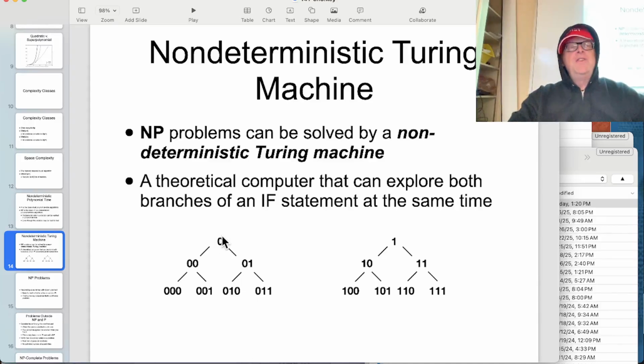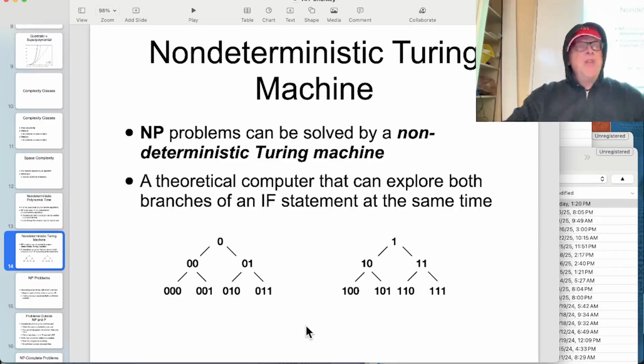A non-deterministic Turing machine can explore both branches at the same time. Now, no real hardware can do this. It would have to be like growing more processors. But that's the theory. And if you could do that, if you could explore both branches in a step of time, and then all these branches in a step of time, then it wouldn't take forever to crack a key. You just have to do 128 steps to do a 128-bit key. And you wouldn't worry about the fact that at the end you have 2 to the 128 processors. That's called a non-deterministic Turing machine. A Turing machine that can explore both branches of an if statement at the same time.